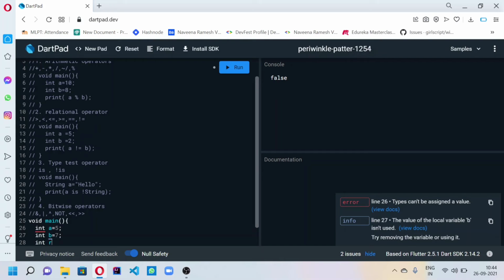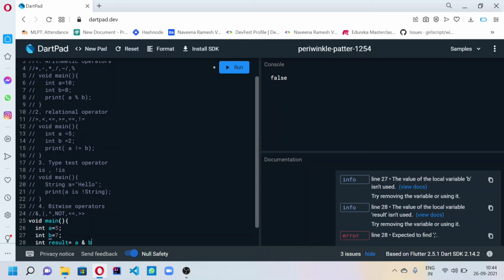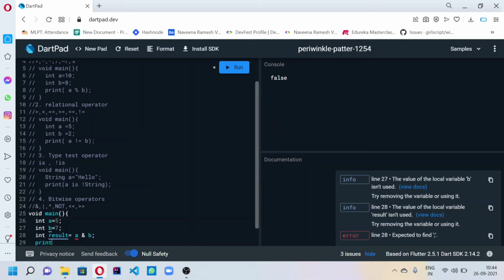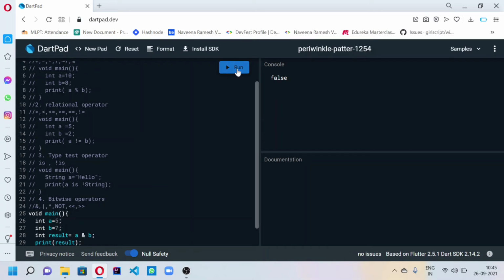Now we check int result is equal to A and B. Now we print the result. It will give us 5, I guess, if I am not wrong. Let's check the answer and explain it.